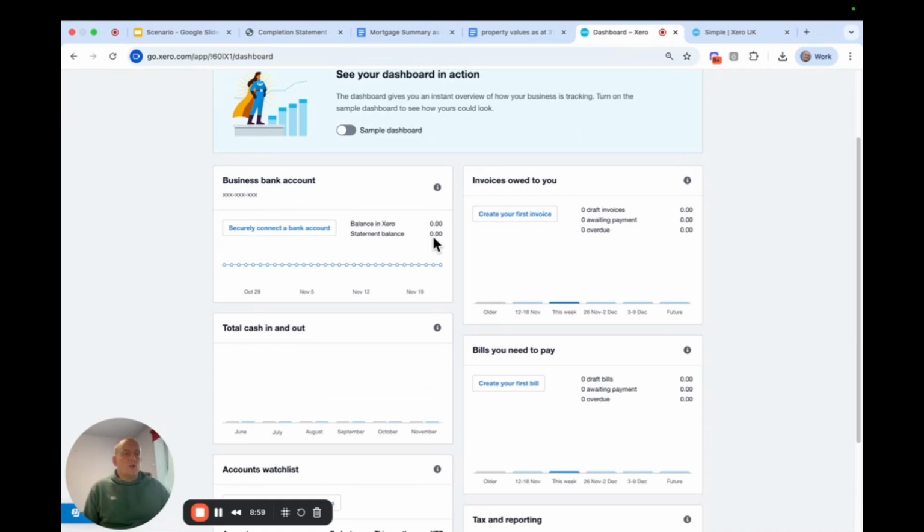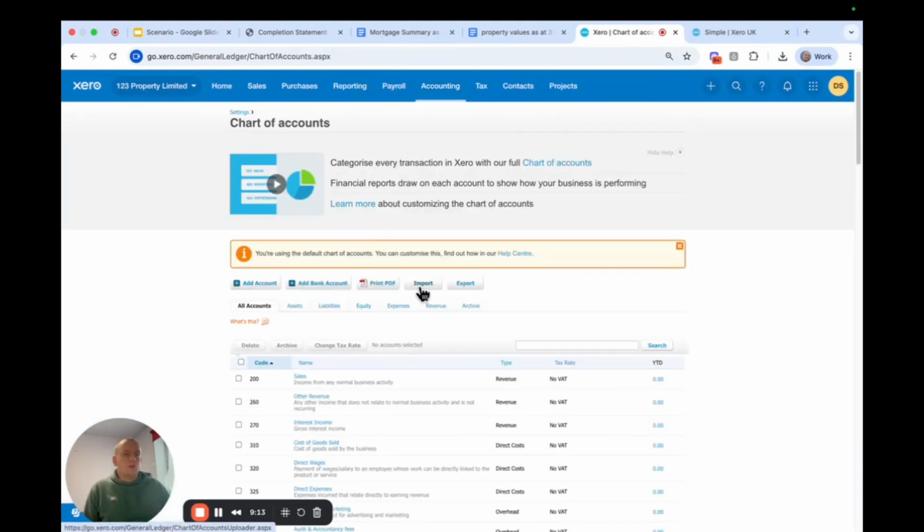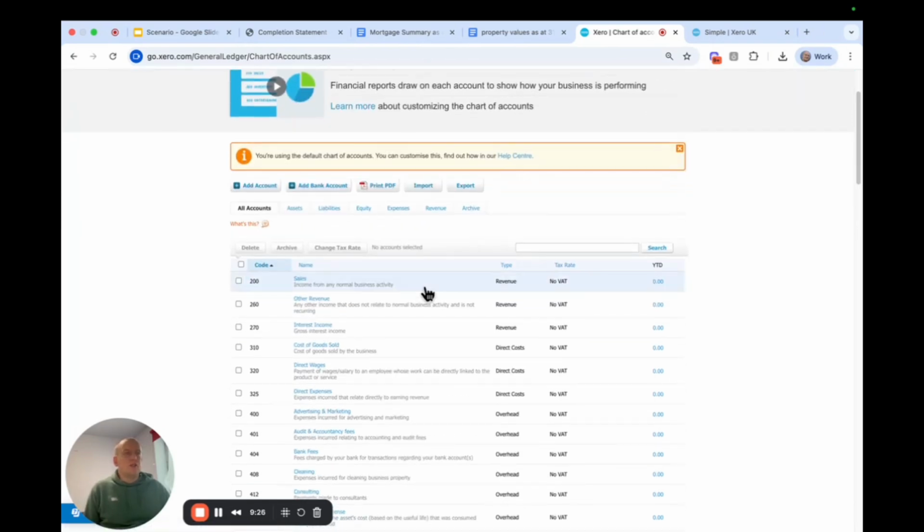The first thing we're going to do now is import a chart of accounts. So we're going to click on Accounting, Chart of Accounts. What it shows now is the chart of accounts. Basically for every single type of expense or income, there is an accounting code for it. What we start off with is the default Xero chart of accounts. It's great for a typical trading business, but it's not going to be what we need for